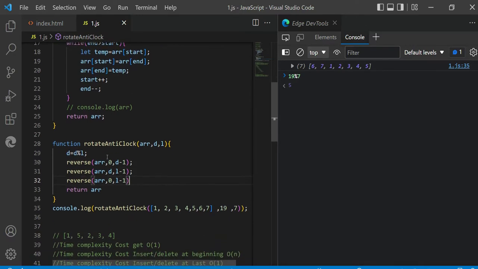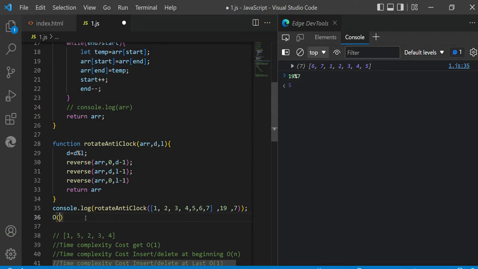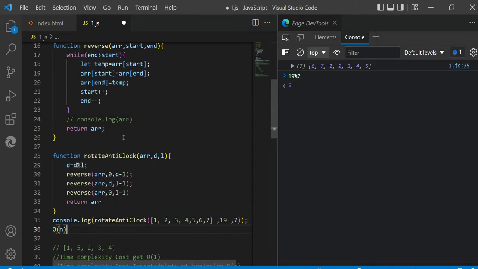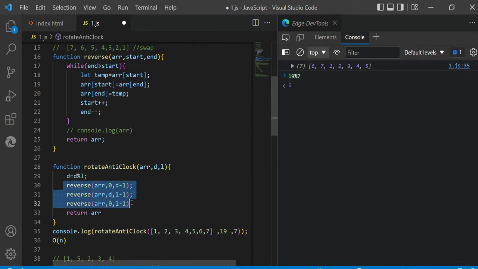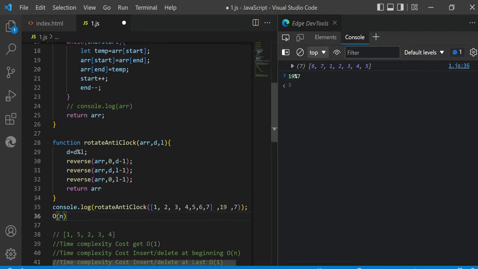So the time complexity here will be big O of n. Why? Because only one loop is running. You will say, hey, it's a loop running 3 times, because you are calling a method 3 times. But you are running with the number of elements, which means big O of n. If you do it 3 times, what does it mean? Suppose infinity plus infinity, you will get infinity, right? So it doesn't matter. So here you can say 3 into n,